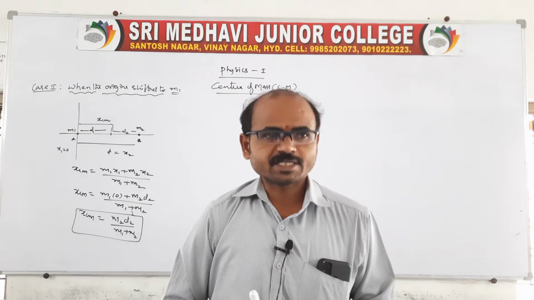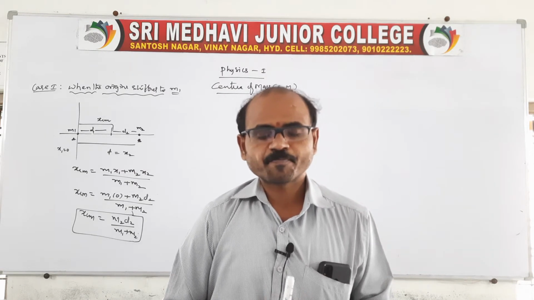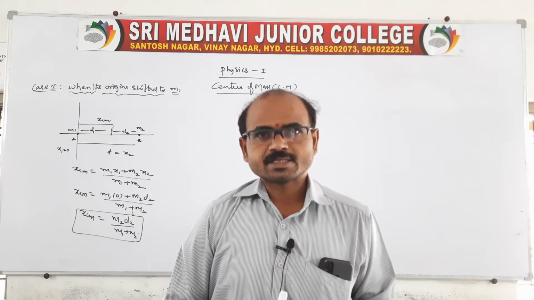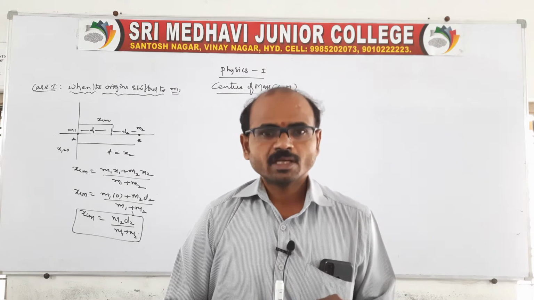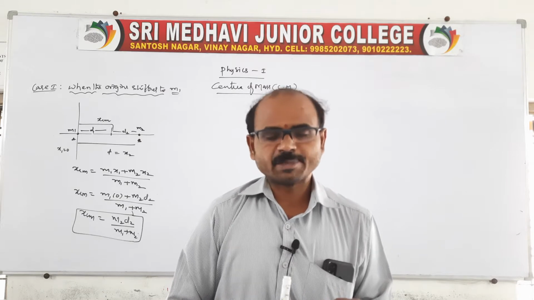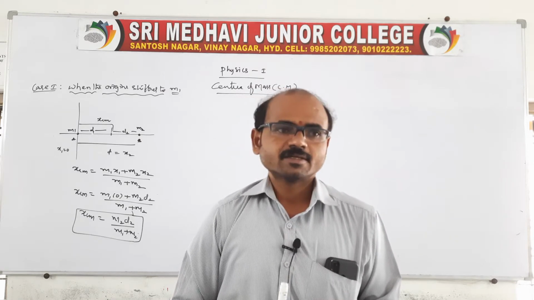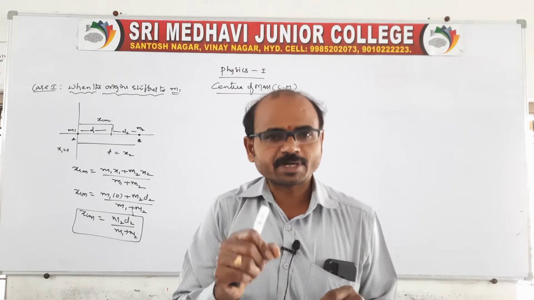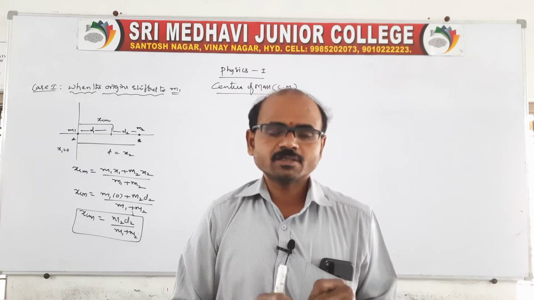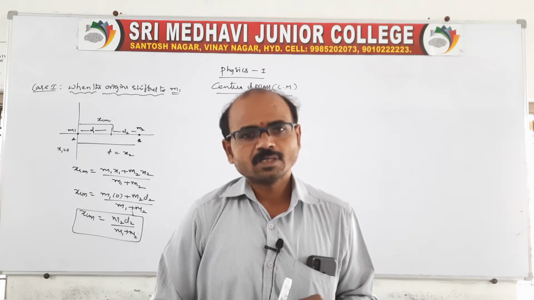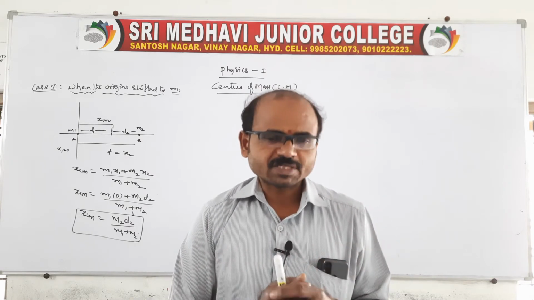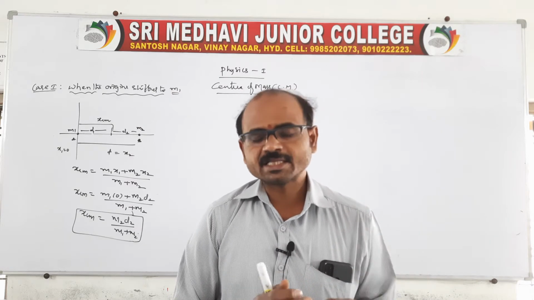In this first year physics, we started a new chapter about a system of particles and rotational motion. In this chapter, we are discussing a system of particles. The system of particles is nothing but a center of mass, and in the previous class we discussed center of mass properties, and the position of center of mass in one dimension also we started. If a system contains particles, where will be the position of center of mass? That we started in the previous class only.